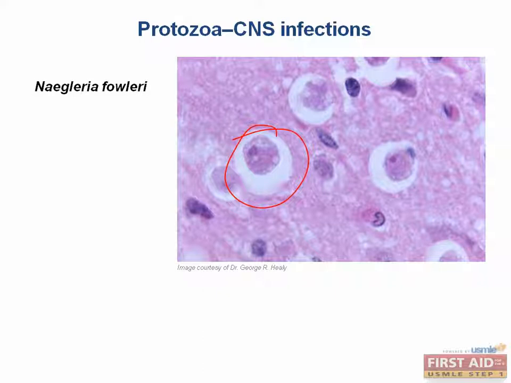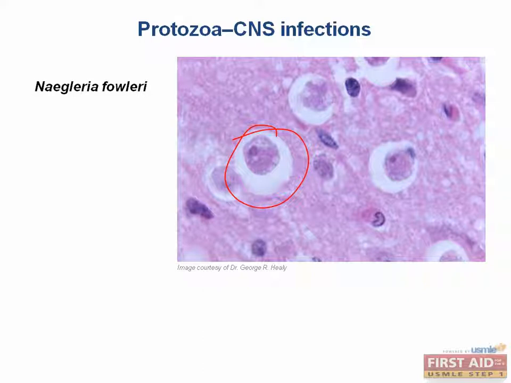Well, we just talked about some of them on the previous slide. I'm thinking headaches, fever, but here they might have some nuchal rigidity, possibly even mental status changes. So nuchal rigidity is actually a sign of involvement of the meninges, whereas the other signs are more non-specific signs of central nervous system involvement. Unfortunately, there's no treatment for this devastating infection, but the literature shows that amphotericin has been effective in a few